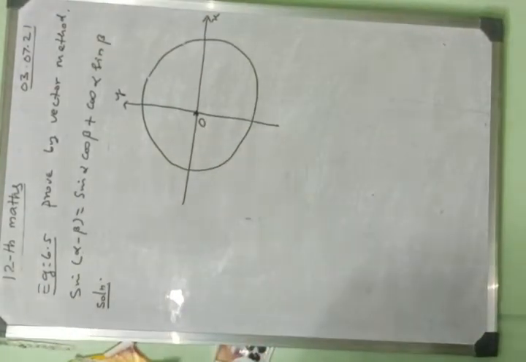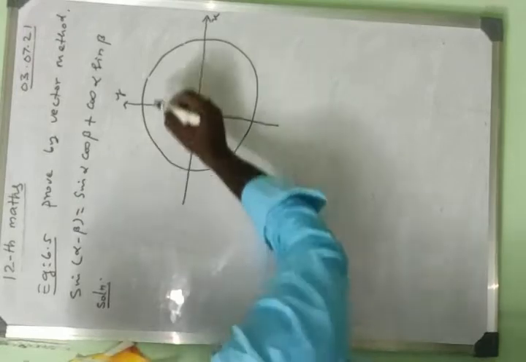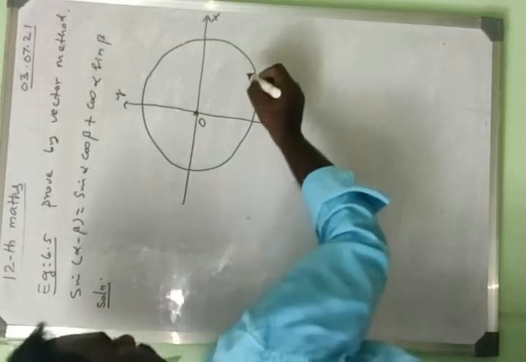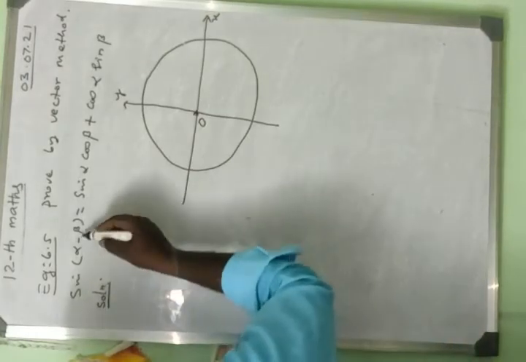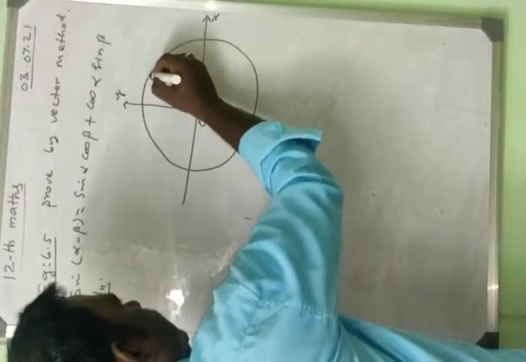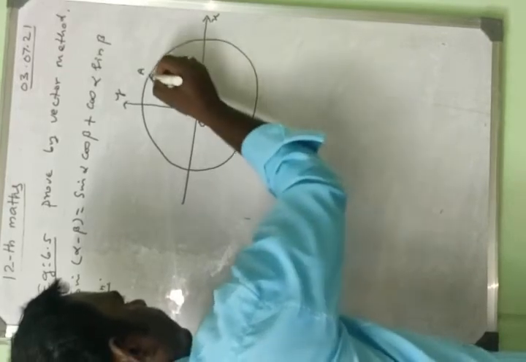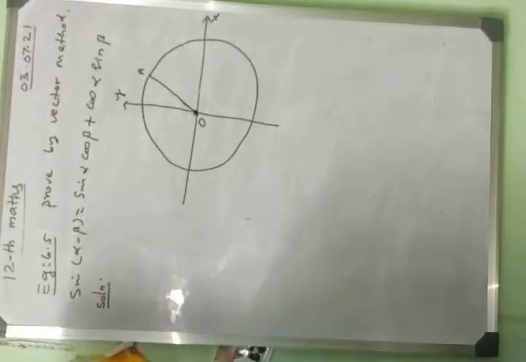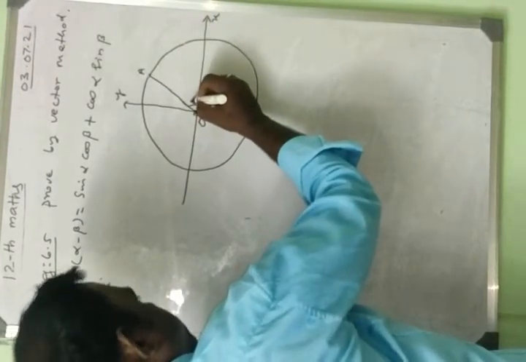Next we take alpha minus beta: the two points A and B are both marked in the first quadrant. For alpha plus beta, point A is marked in the fourth quadrant and point B in the first quadrant. For alpha minus beta, both points are marked in the first quadrant. First we mark point A here. Let's join the line OA, a straight line. So here angle XOA is marked beta, alpha.